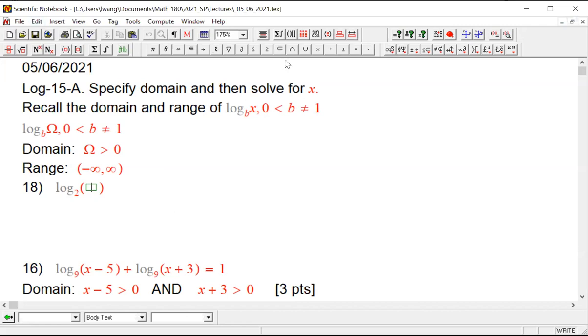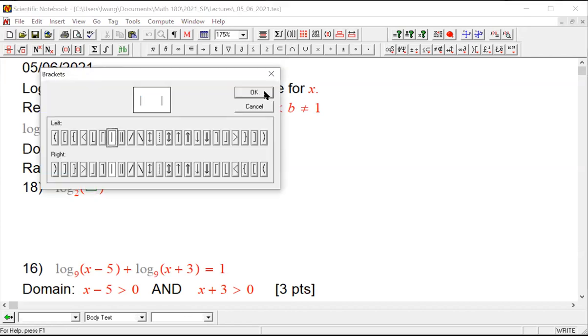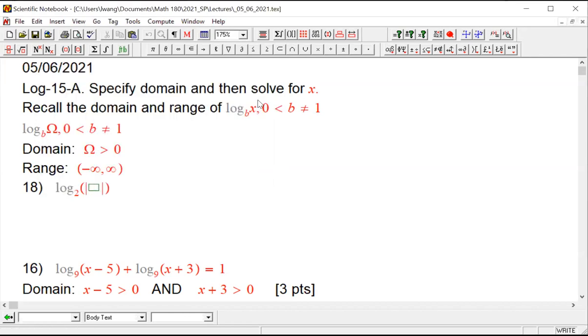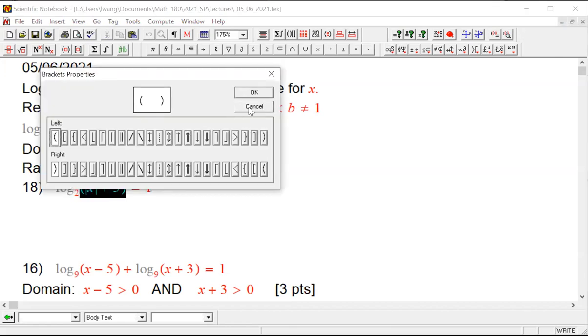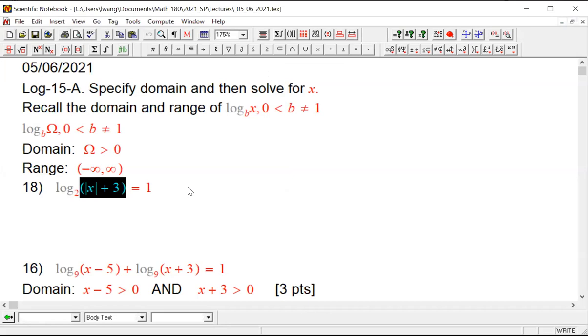Okay, so let's look at this one. We have an absolute value, and this is a +3. The right-hand side is equal to 1. So this equation says we want log base 2 of whatever is in the parentheses to be exactly 1. Now,